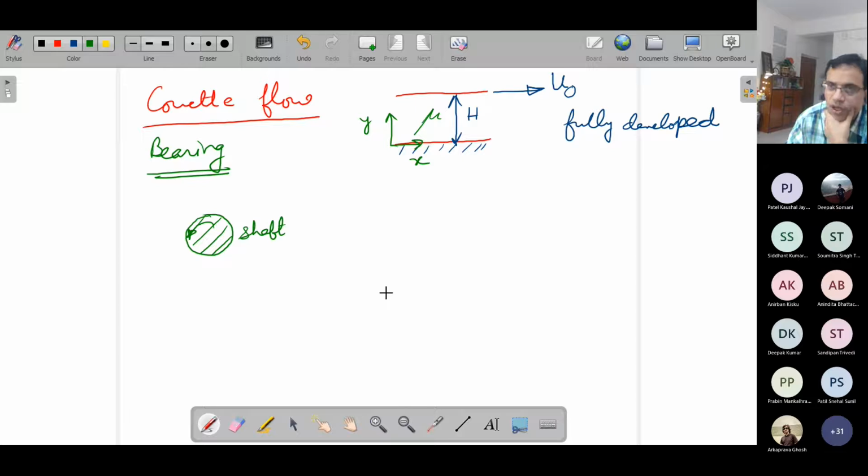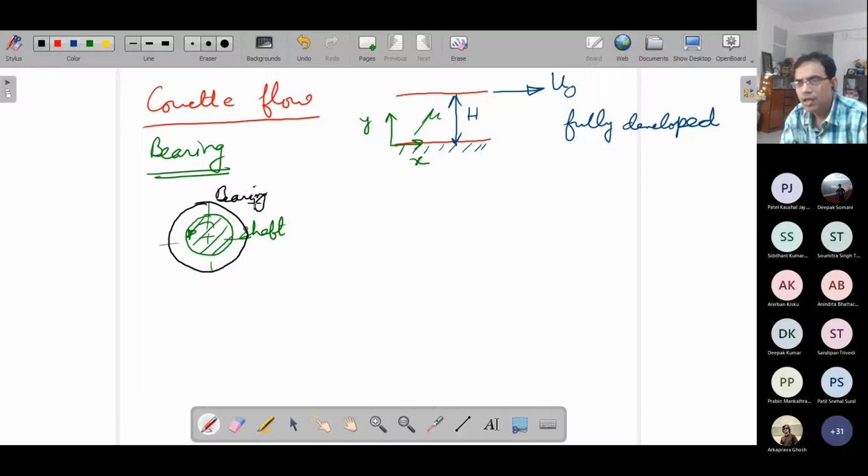Now in the process they are also deflecting from their axial location. This is the axis, it will deflect and vibrate. So it needs some kind of support. So you have something called a bearing. There is a casing. So this is a bearing. And this is not the only example of a bearing. There could be so many different types of bearing having absolutely no geometric resemblance with this. So I would not generalize this as a general description of bearing, but this is just an example. And this type of bearing is called a journal bearing.